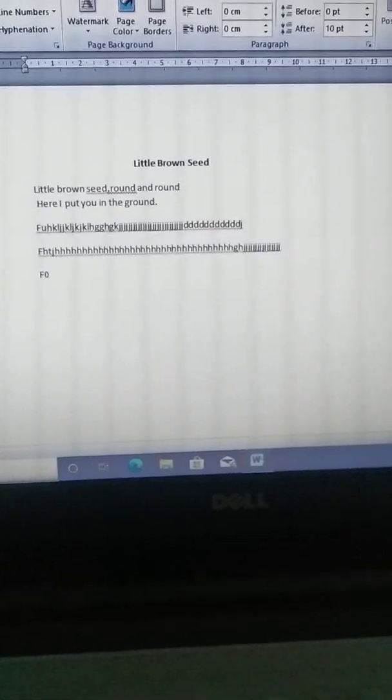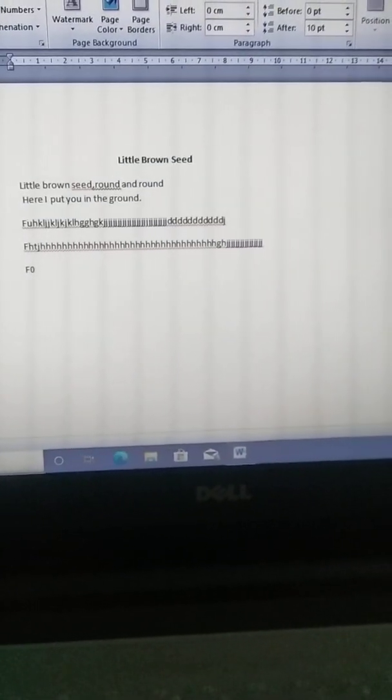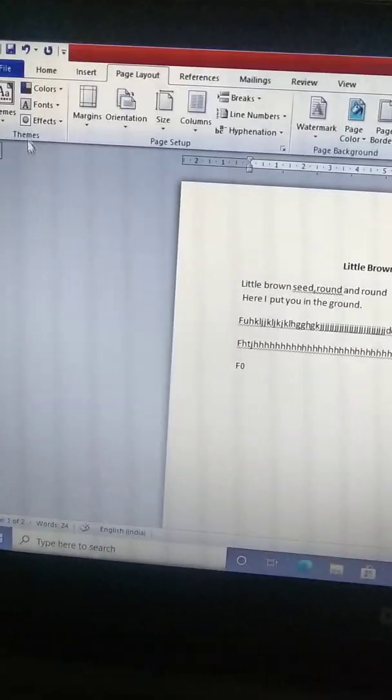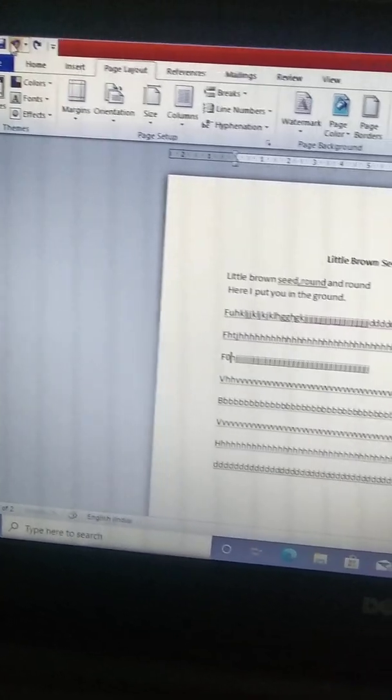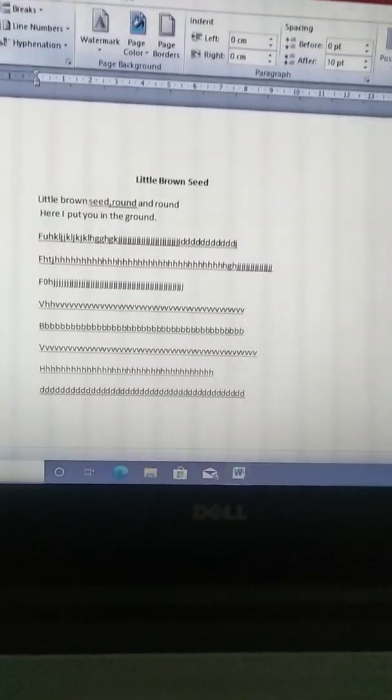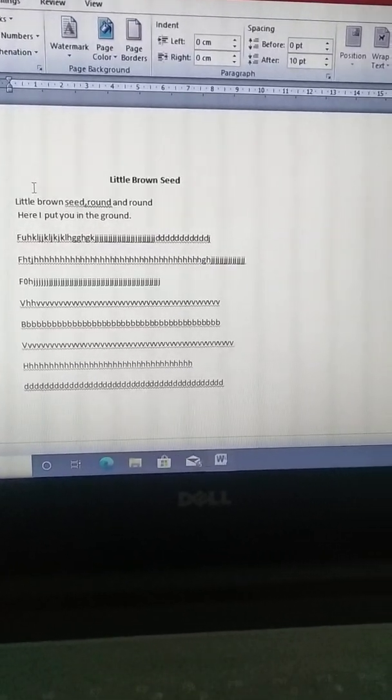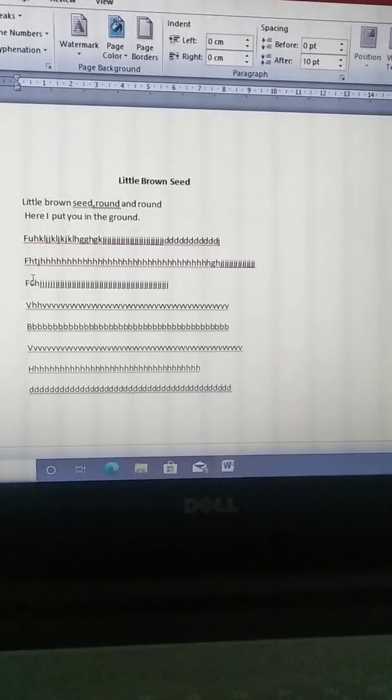Half of the column is here, that is how the column break happens. Just click on the Undo button. What does it do? It puts everything back. Now if you want to do the page break, you just have to do the same thing again. You just place the cursor here.